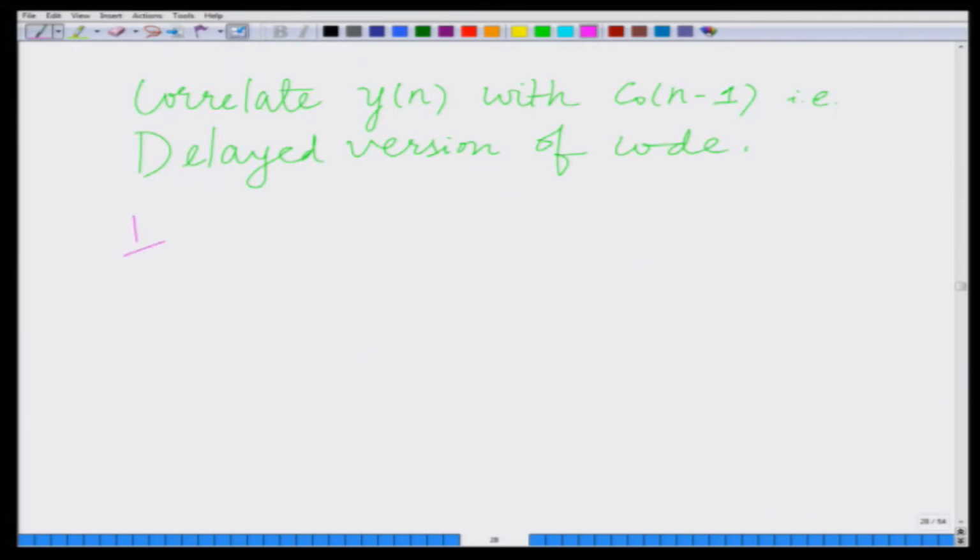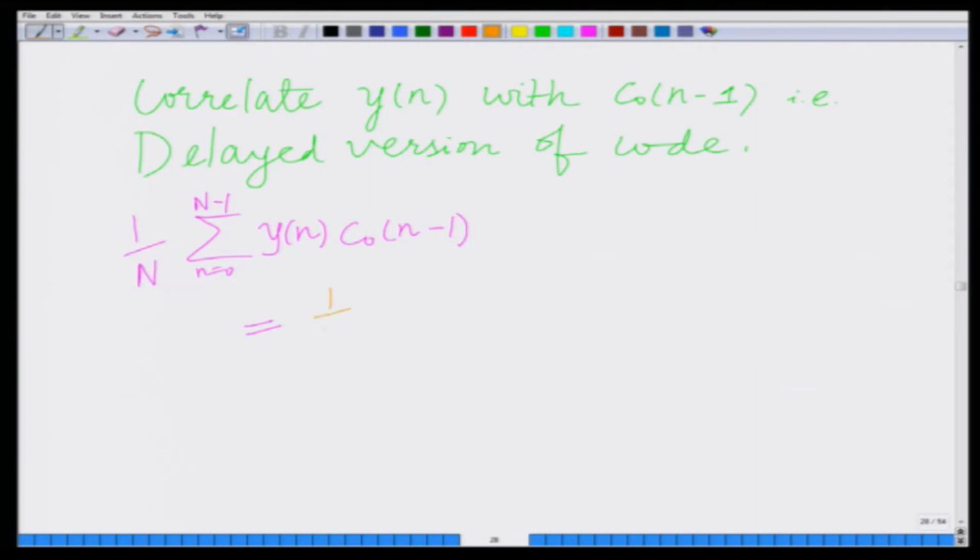This correlation can be expressed as 1 over n summation n equal to 0 to n minus 1 Yn C naught of n minus 1, which is equal to